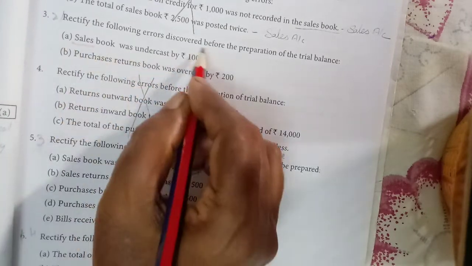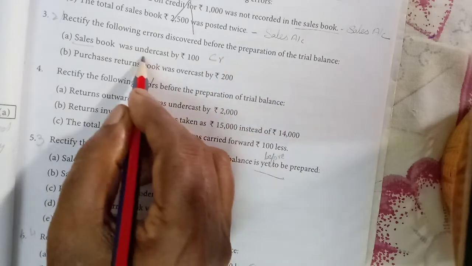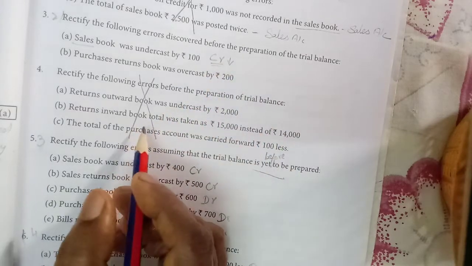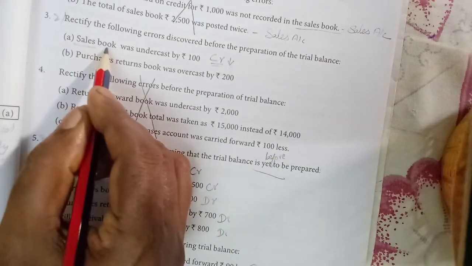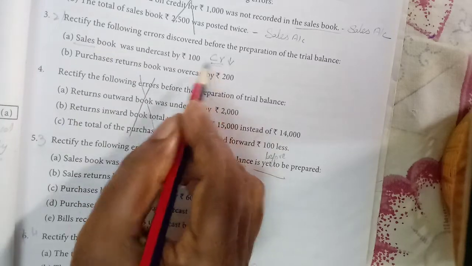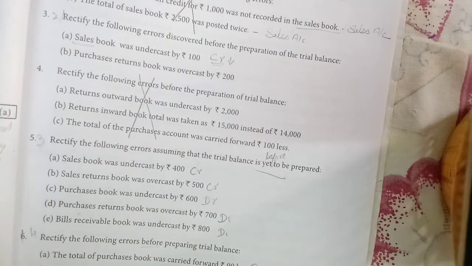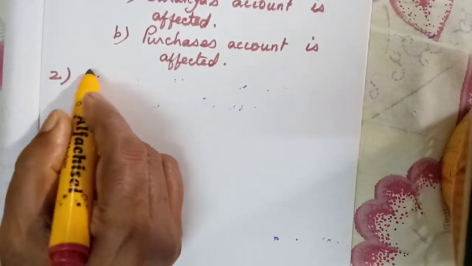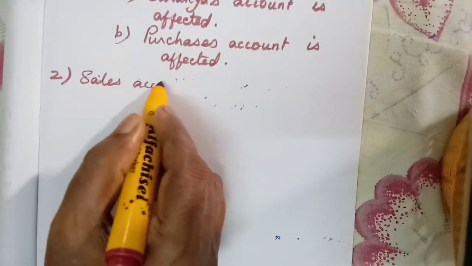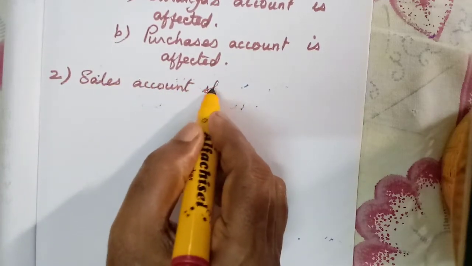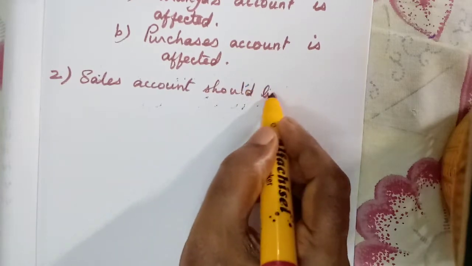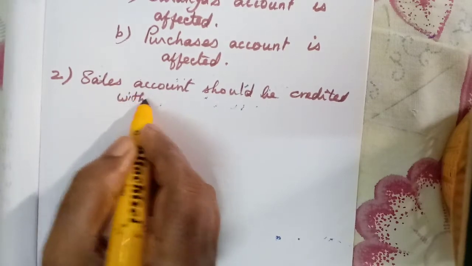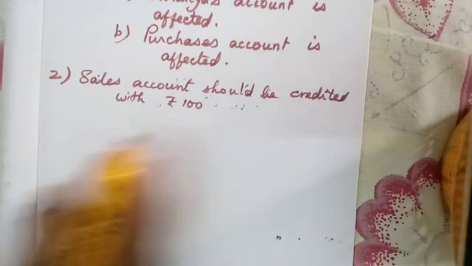Okay, sales book shows which balance? Credit balance. Undercast means less. So again we need to credit. So how will you write? Sales account should be credited with rupees 100. Okay, very easy if you have understood. Sales account should be credited with rupees 100. Then next one,